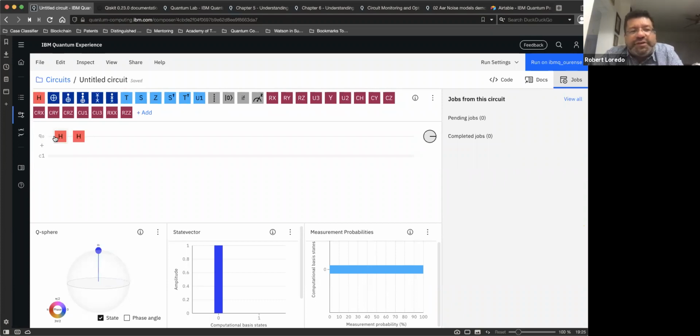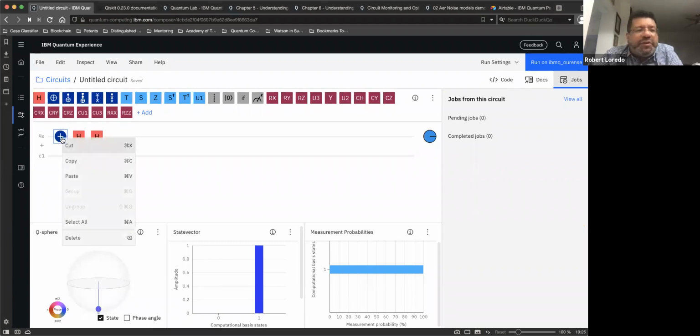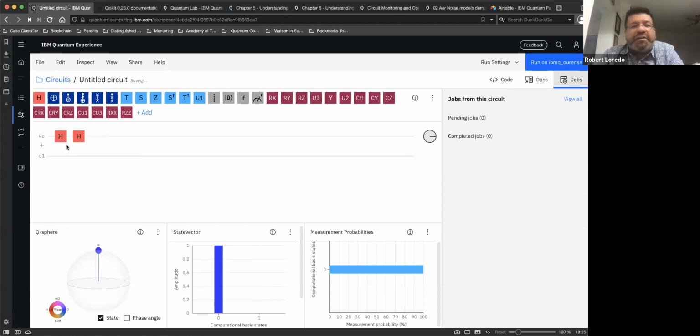In this case, our initial state is 0, so we applied this here. But if the state before applying these Hadamard gates was 1, we'll see that if I apply 2 Hadamard gates, it's going to bring us back to that state we had before. So this is one thing you'll notice in a lot of papers and algorithms, particularly when you start reading them: a lot of them start with putting everything in a superposition. And the reason most of them do this is because sometimes when you have your superposition state,